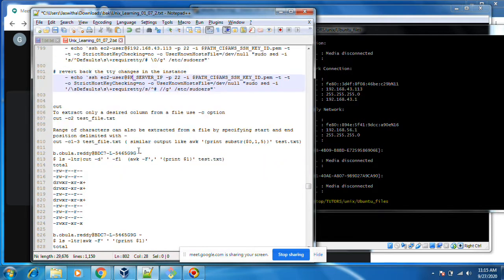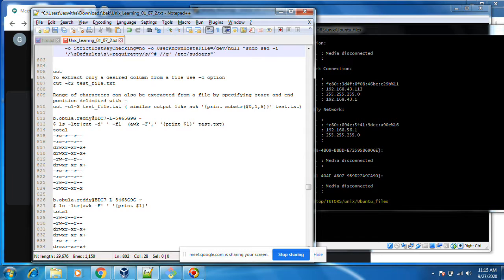Next thing is cut. Cut we also did through using awk.